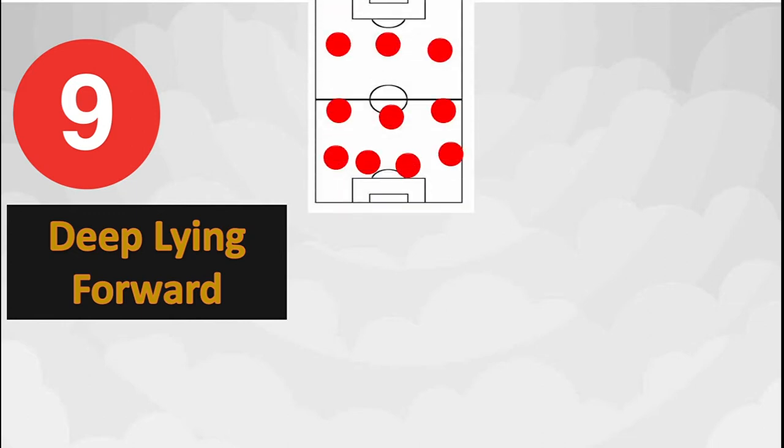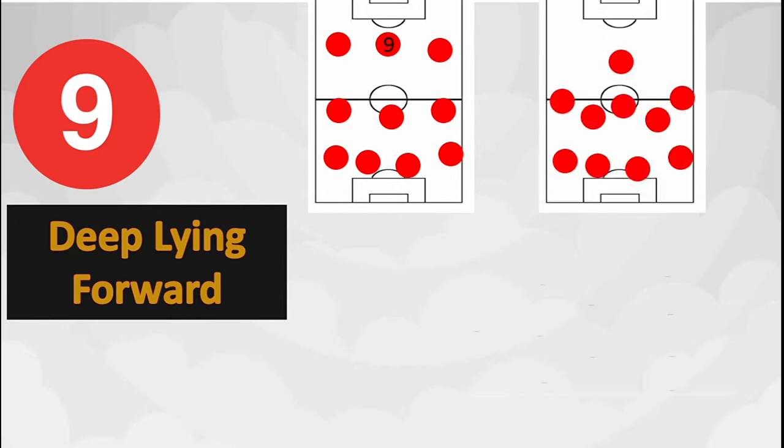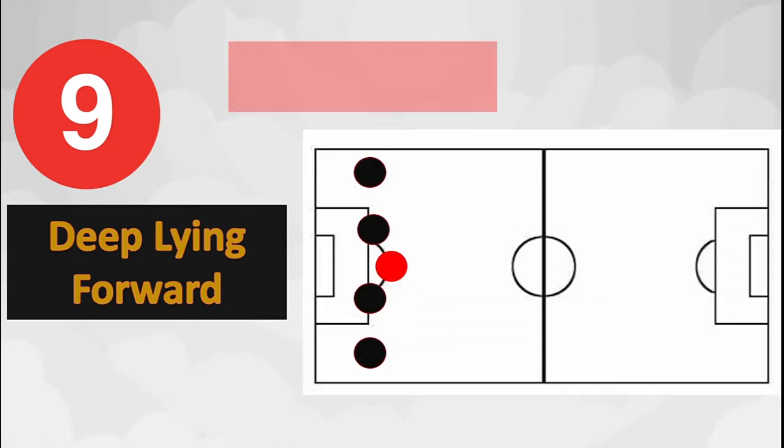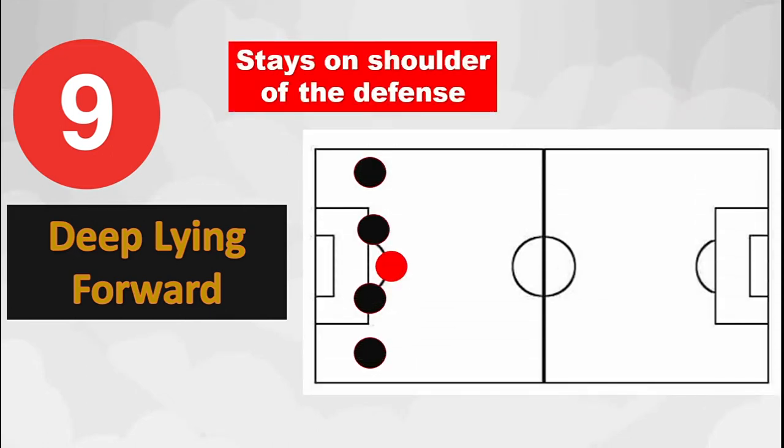A false 9 is a deep lying forward, which can be used in various formations. In a 4-3-3 formation, it operates in the center of the front three, while in a 4-5-1 or a 4-2-3-1, it takes the role of the sole striker. While the traditional number 9 stays up front on the shoulder of the defense line, the false 9 is essentially a striker who often drops deep, that is, he drifts back into the midfield rather than staying around the penalty box